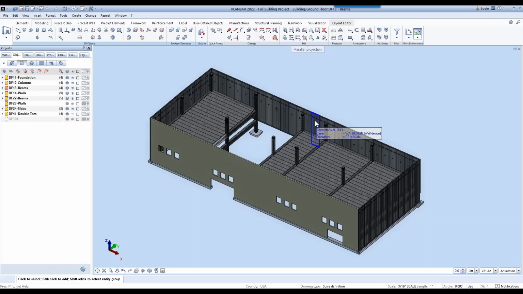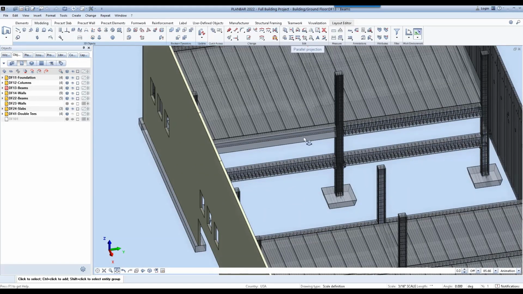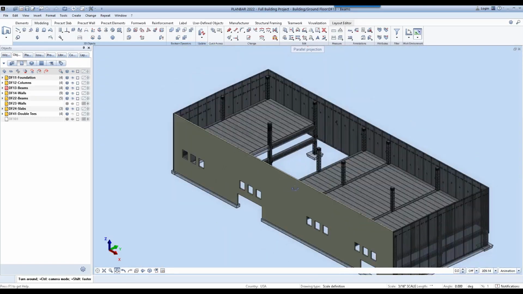Some of the walls have already been turned into precast elements, but this front wall is left undone. So that way I can show you how we're going to do that really quick. I also left this beam over here, a little bit easier for you to see. This beam right here, that is modeled, but it's unreinforced like the other ones and needs to be changed to a precast element.